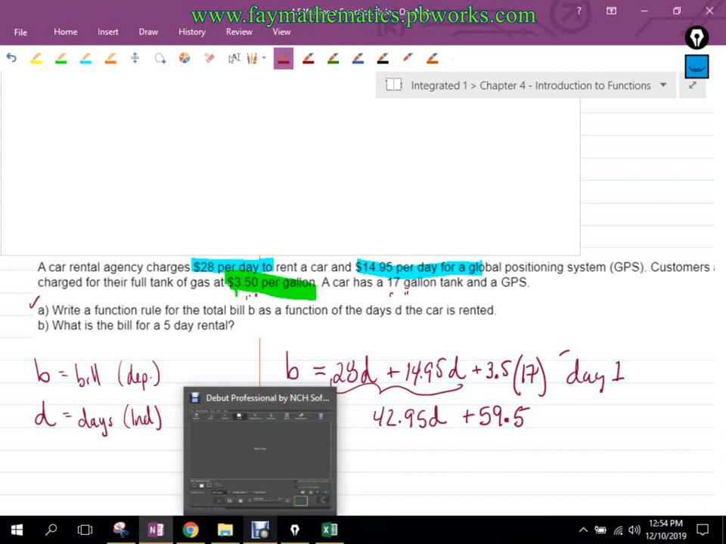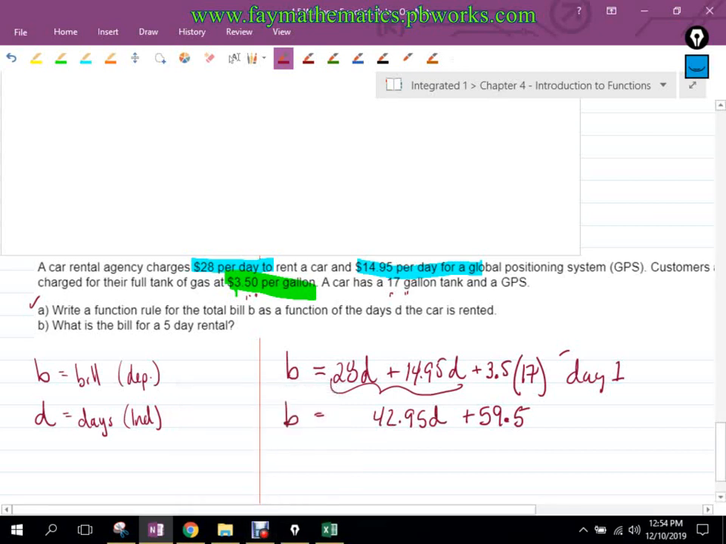So would you agree that bill then could be rewritten as 42.95 times D plus 59.5? Does that make sense to everybody? Okay, so I want to show you something here, and you don't have